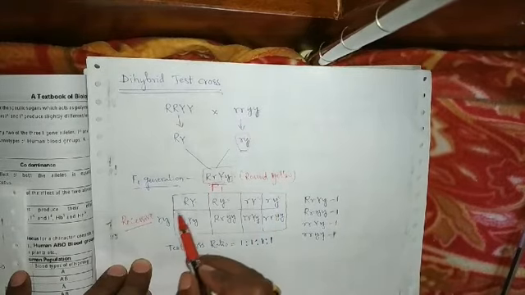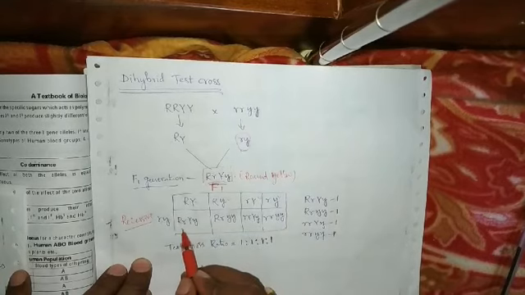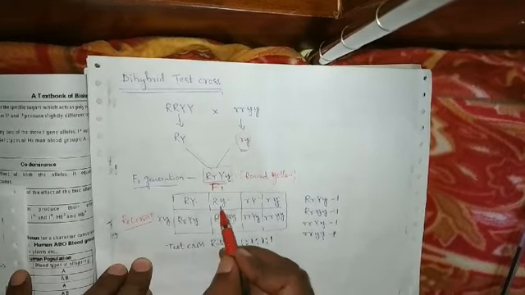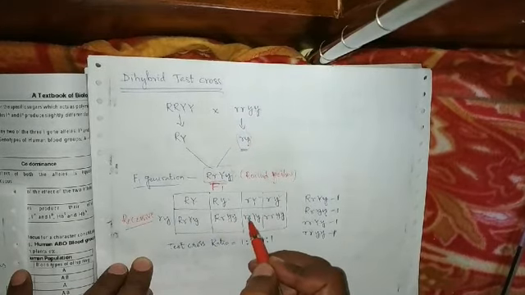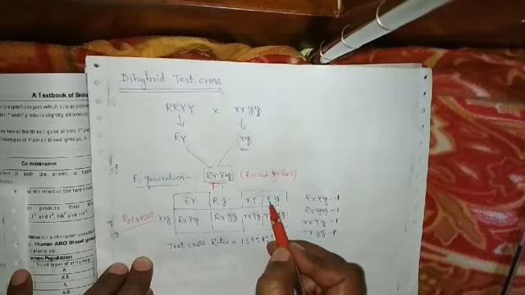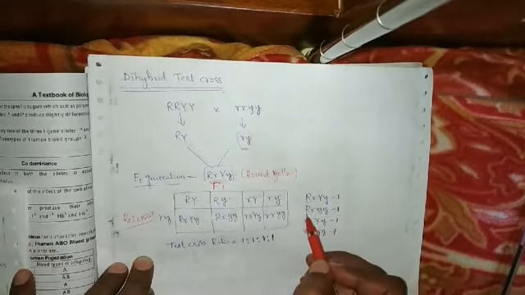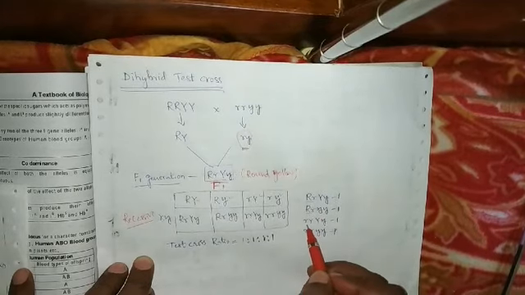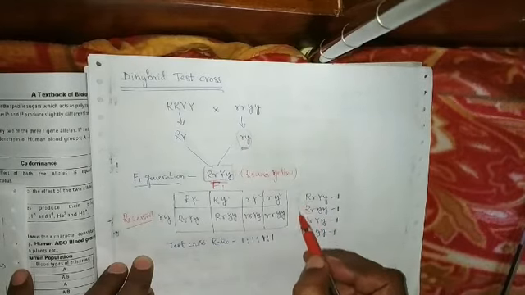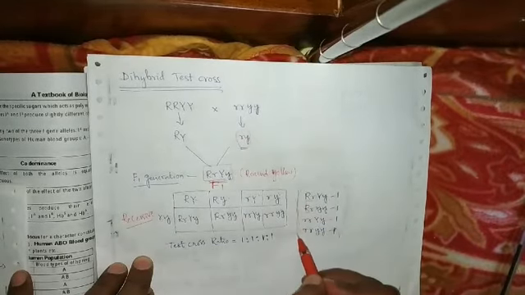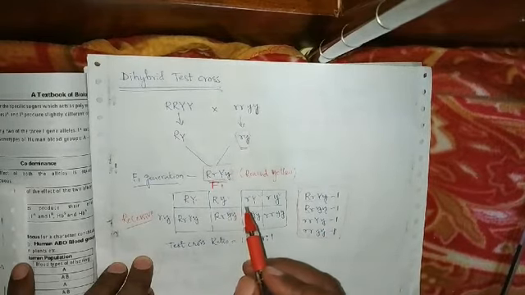So then if we cross these with the gametes of the recessive parent, we get capital R small r capital Y small y, capital R small r small y small y, small r small r capital Y small y, small r small r small y small y. Like this: heterozygous round and yellow, heterozygous round and green, wrinkled heterozygous yellow, wrinkled green. In such a way, 4 plants we get. The ratio of this dihybrid test cross is